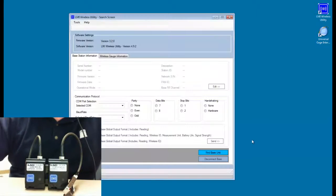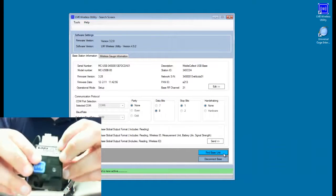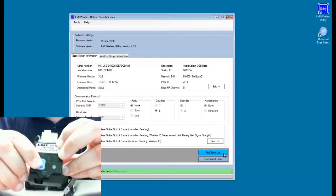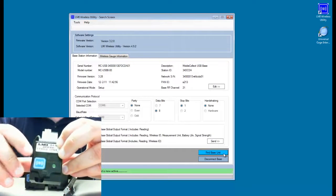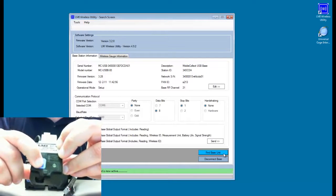Once the base is plugged in, we can open up the wireless utility and click on the Find Base Unit button. When we do this, we should notice that the green LED in the lower right-hand corner of the base begins to flash. The next step is we will turn on the gauge by pushing and releasing the Transmit button. Once we see the green LED flashing, we will then hold down the button for approximately 4 seconds until